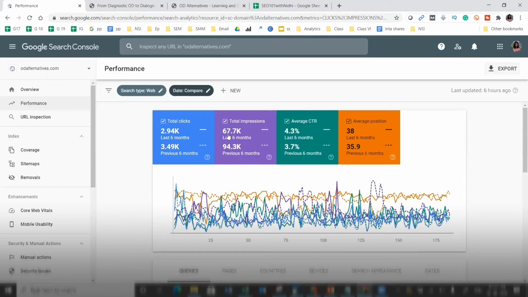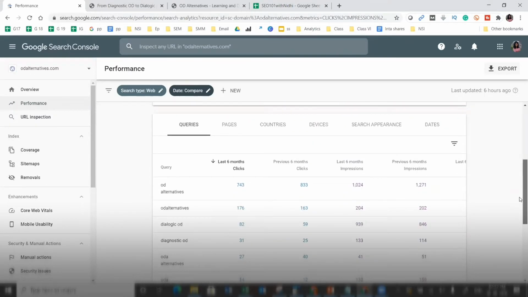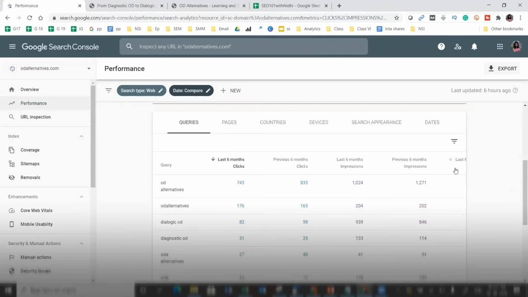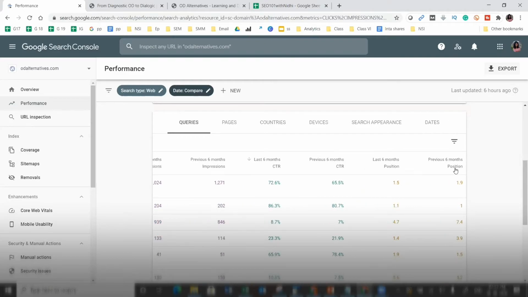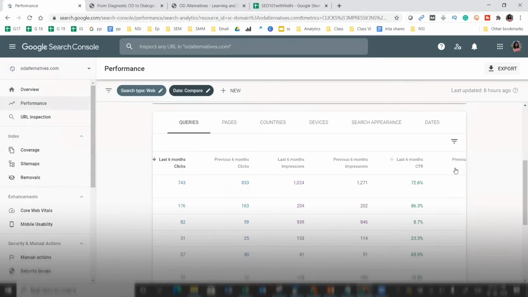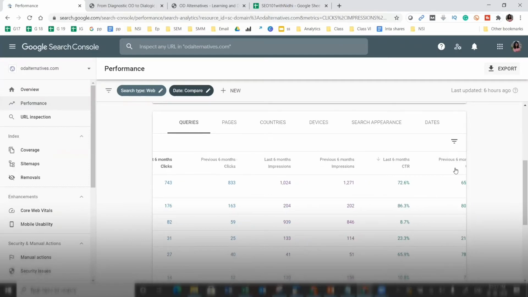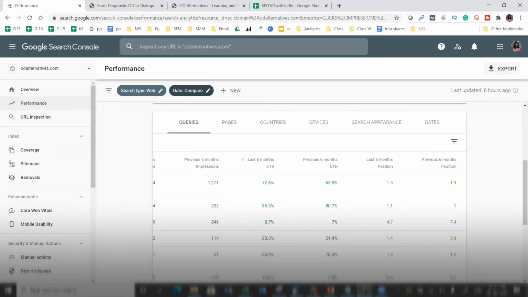In the last 6 months, I was getting 67,000 impressions. And let me see if we can see. So yeah, the position has improved. Here, the position dropped by a little bit.